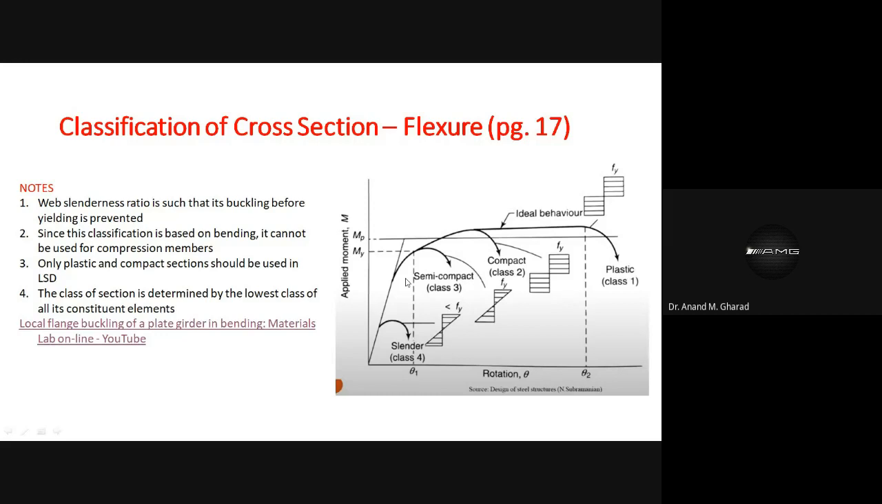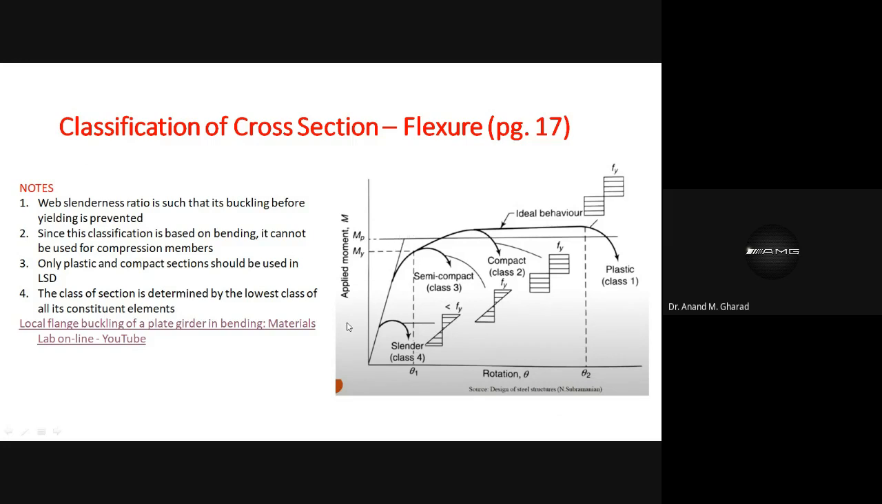In case of classification of cross section, in your IS 800 2007, it is written that you will obtain such kind of moment versus rotation curve only for some specific conditions. पहला condition तो ये है, web slenderness ratio is such that its buckling before yielding is prevented. ठीक है, ऐसा मेंबर अगर अवेलेबल है तो ही हमको ये फाइनल मोमेंट वर्सेस रोटेशन कर्व मिलेगा, और इसी से ही हम लोग उसका बिहेवियर और क्लासिफिकेशन डिफाइन कर पाएंगे. ठीक है, फर्स्ट केस इज दिस. सेकंड इज द मेंबर